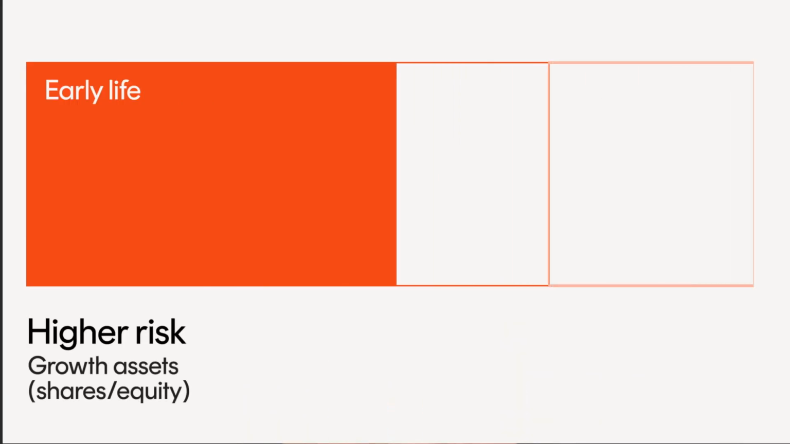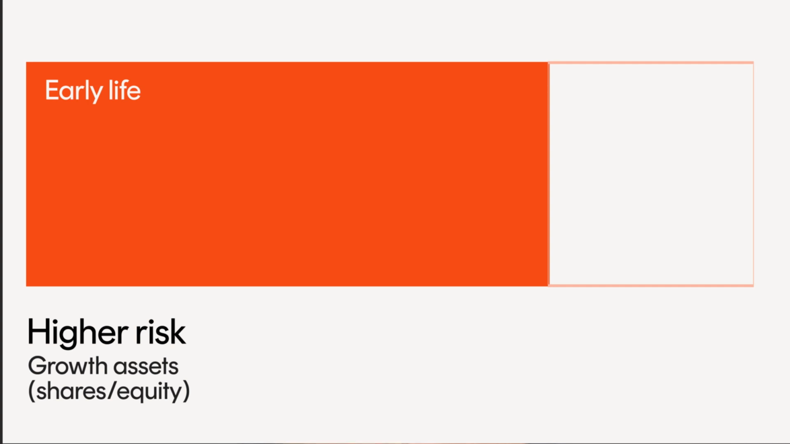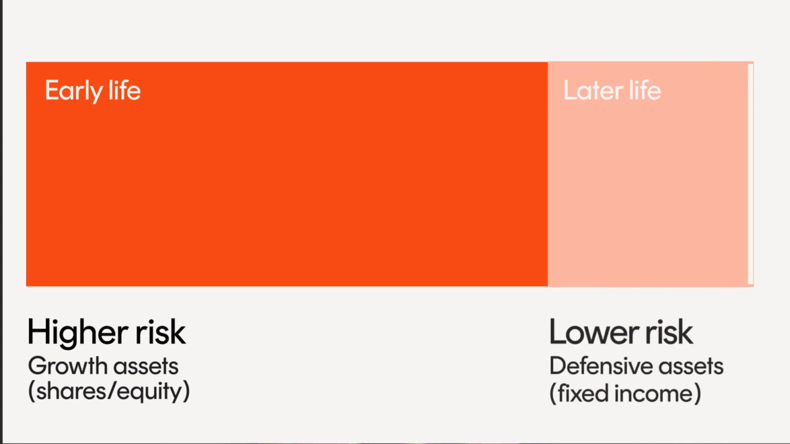If you're starting earlier in life, you may prefer to invest in more higher risk, higher return assets, growth assets, such as shares, also known as equities. If you're investing later in life, you may prefer to invest more in lower risk, lower return assets, known as defensive assets like fixed income. With these types of investments, your aim may be to earn an income during retirement when you stop receiving regular